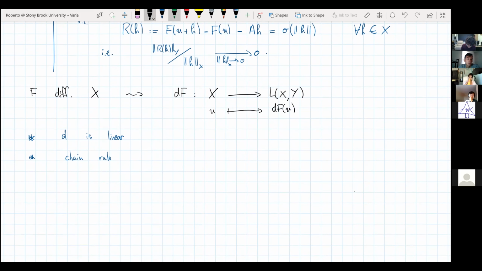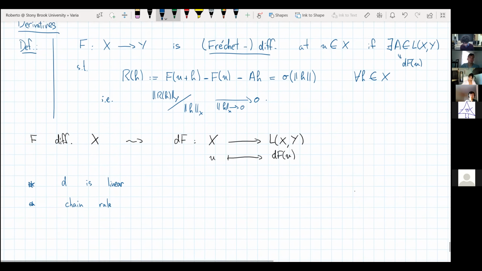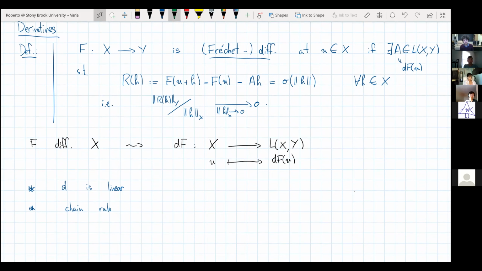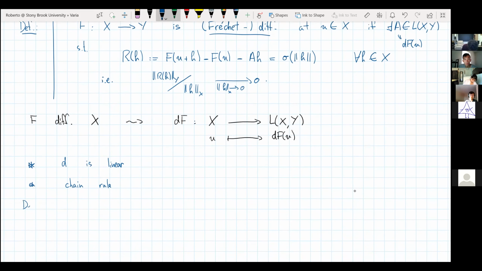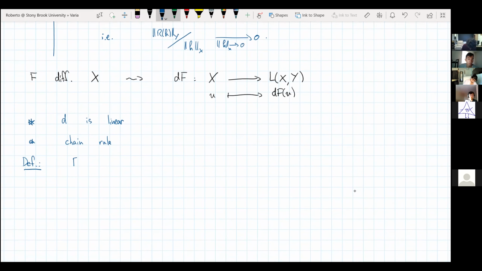And as I said, this is not the only definition of derivative. You also have a weaker definition of derivative, which mimics the one that you have in R. In R, you define the derivative as a limit of the increment ratio. So you can try to do the same thing here, and you actually get a notion of derivative, though weaker than this notion. This notion is called Gateaux derivative. So f is Gateaux differentiable